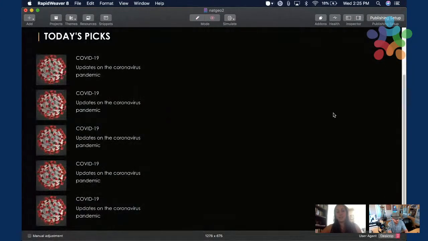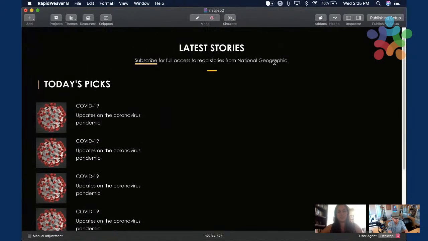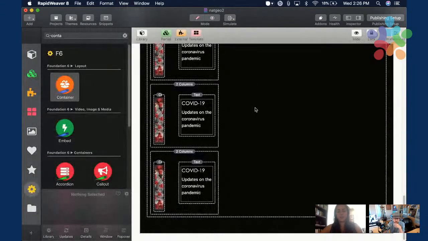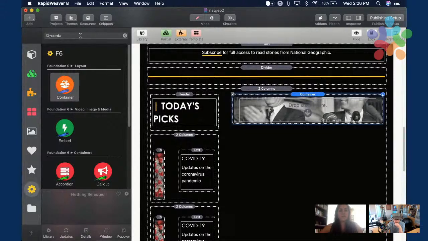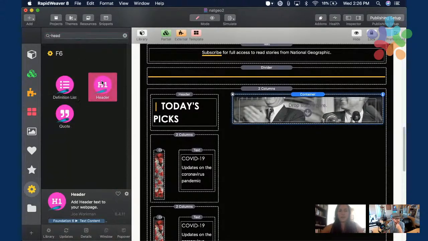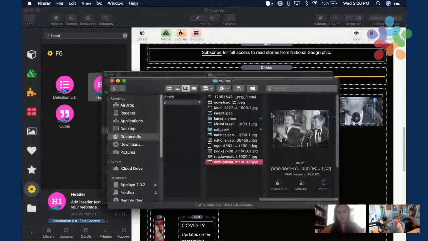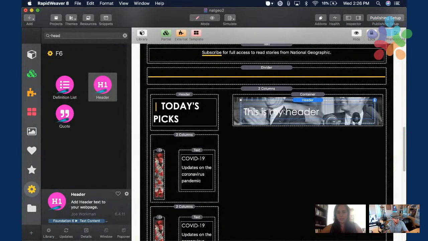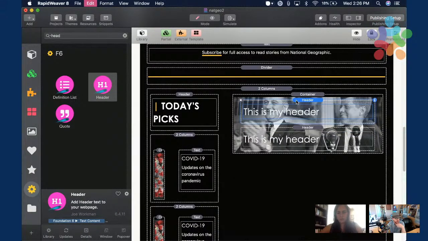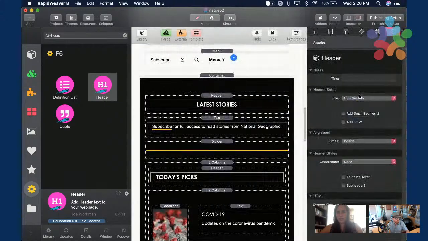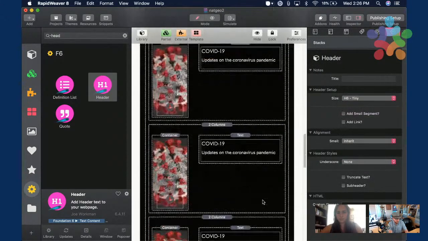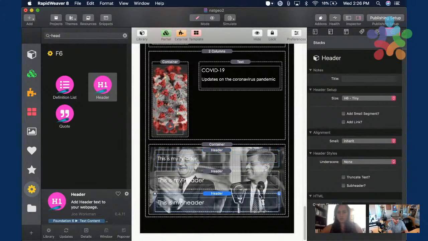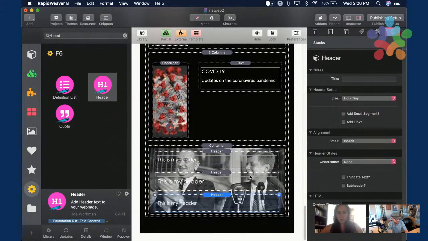And as Joe said, if I preview this, nothing will show up because there's no content on the background on the container. So I'm going to add that content right now, and I'm going to add a header. It looks like there's two headers. Yeah, I would say there's three headers. This one is an H6, and this one too. And that one, we'll leave it as 3 right now.